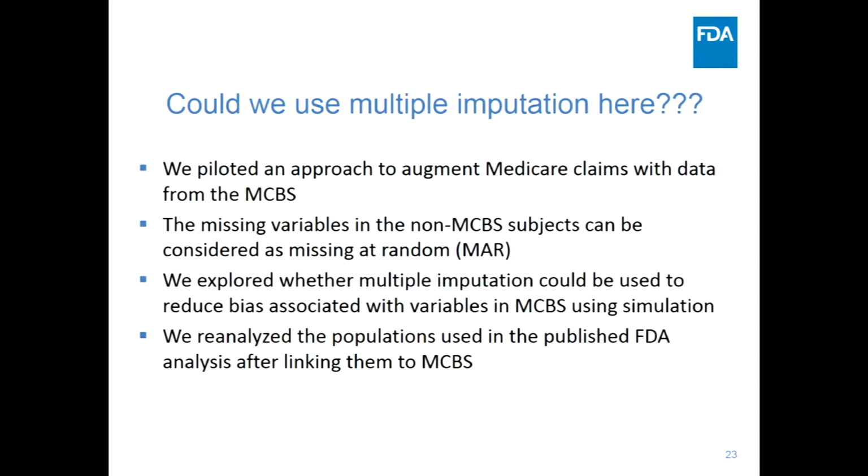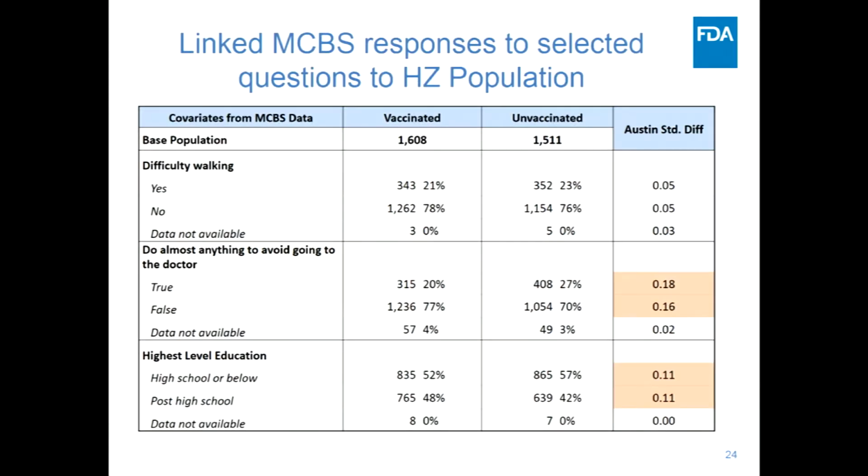Now we try to do multiple imputations. Instead of using univariate imputations, people now use multiple imputations, chain equations, etc. I will not waste time on that because I have 6 minutes. And then we linked some of the responses. Why didn't we use all of the responses? Well, there are statistical reasons why we didn't want to go with too many responses.